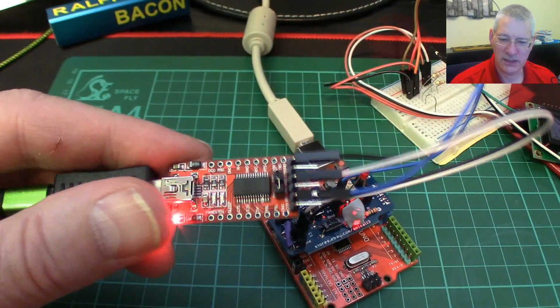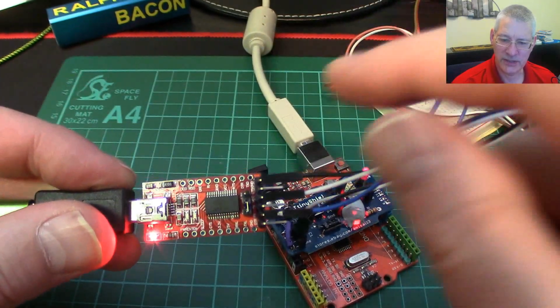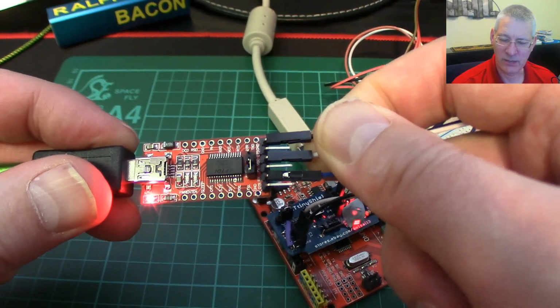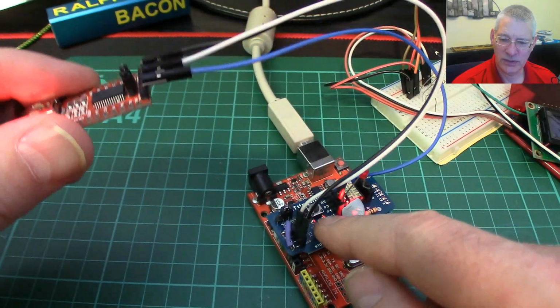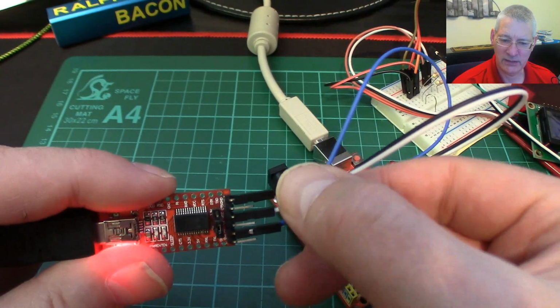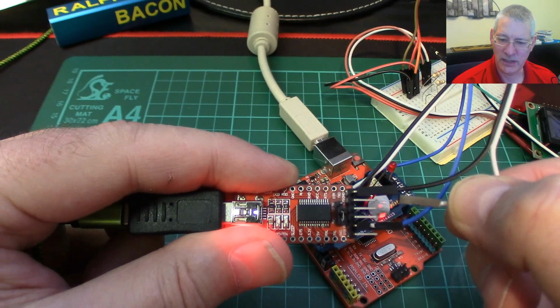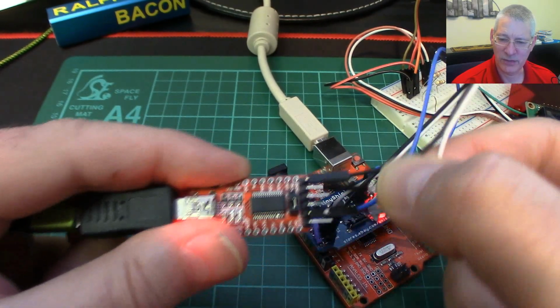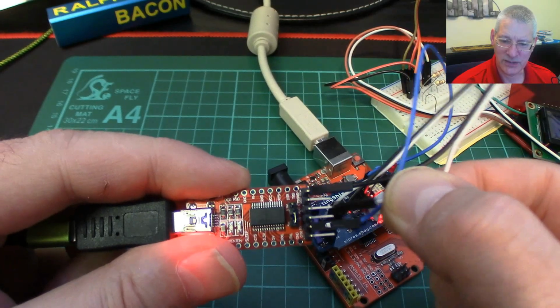So that's how we're receiving the data from the chip, and these other two wires are simply power. Why do I need power from here to here? Well, I don't really. I can disconnect these. So if I disconnect the power supply there, has it stopped flashing? No, it's still going, obviously, because it's powered by that USB cable over there. But let's plug this back in again just for a second,